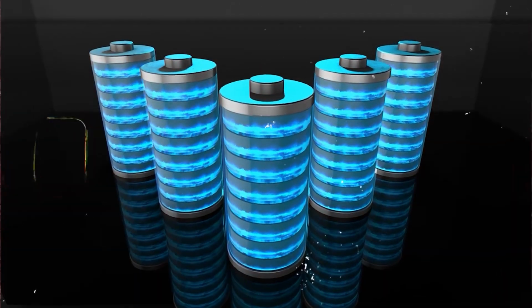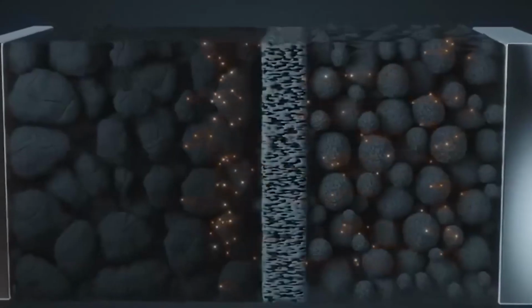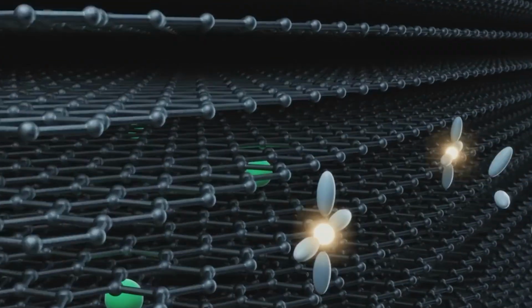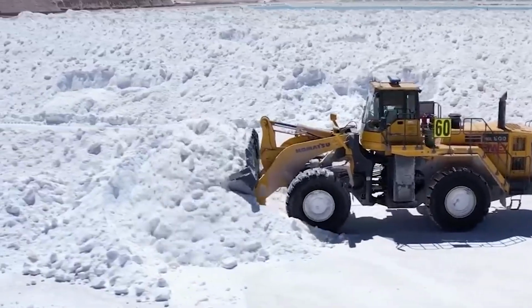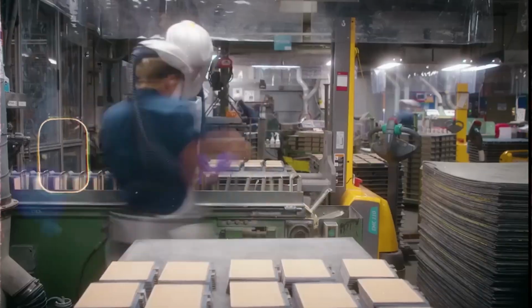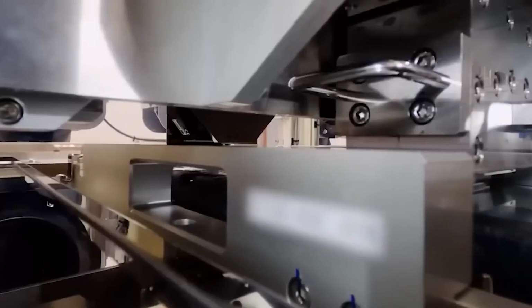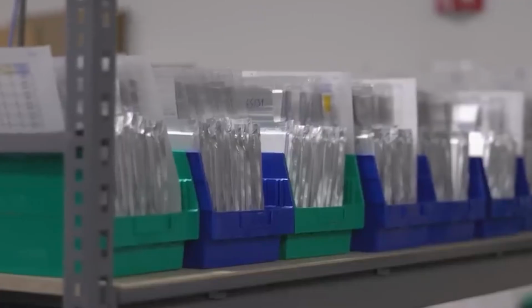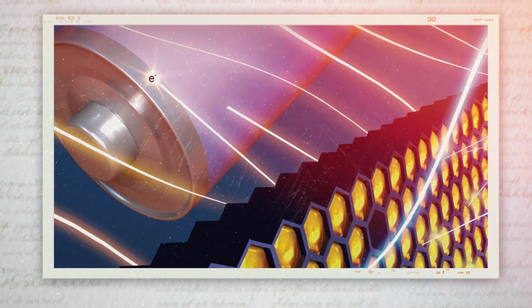The competition between lithium-ion and sodium-ion technologies will be fierce. The lithium-ion industry has a decades-long head start, boasting an extensive patent portfolio, advanced research and development capabilities, and a well-established global supply chain. Sodium-ion pioneers must prove beyond a doubt that their technology is not only viable, but superior in key areas. They must also demonstrate that it is worth the substantial financial investment needed to replace lithium-ion's dominance in the battery market. Despite these obstacles, the rise of sodium-ion batteries marks the beginning of a new era in